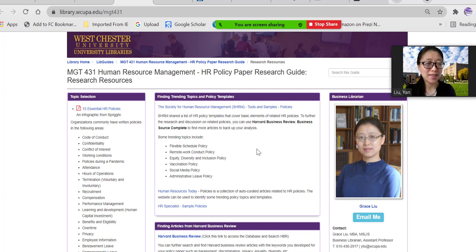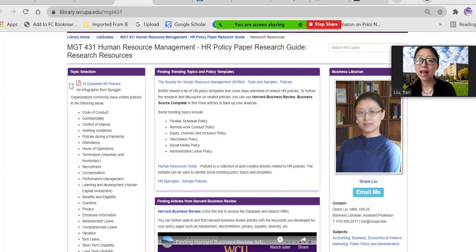some library databases, and hopefully at the end of this session you will have an idea of how to find maybe 6 articles for your research paper. So this research guide, we have different sections. On the left, first topic selection. I have an infographic here on the list of the topics you can consider when you think about the ideas